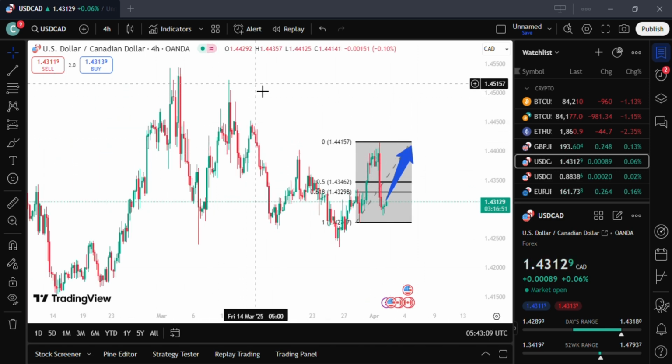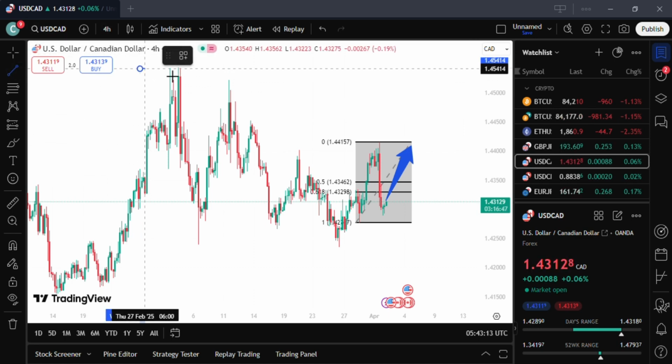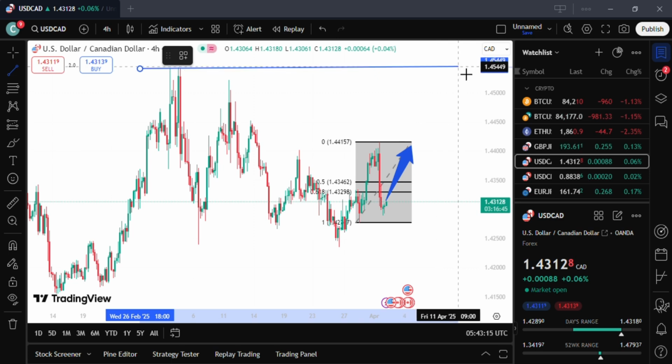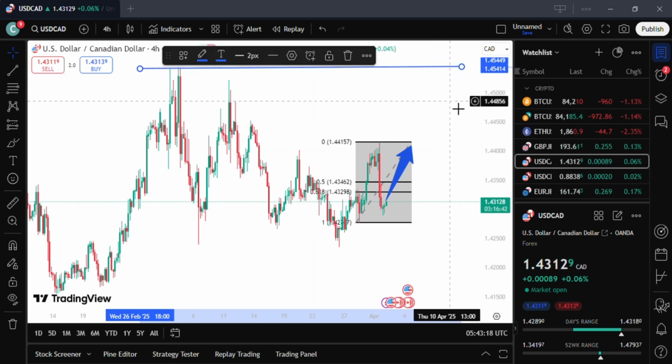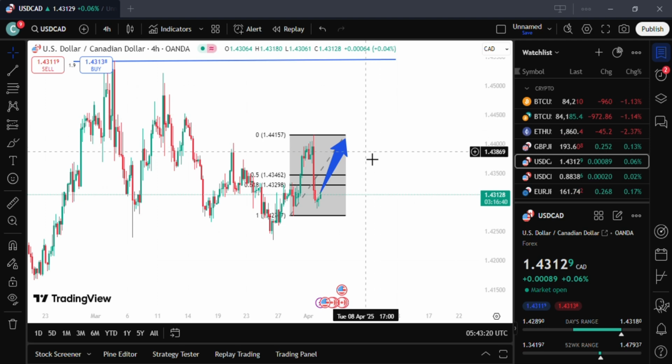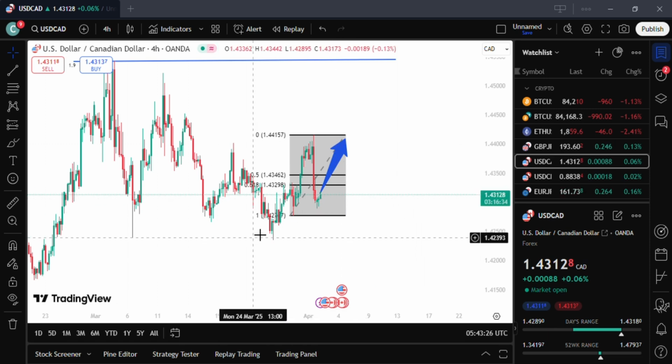But potentially, if the USD strengthens, this all-time high could be achieved again. But at the moment, start with this point here